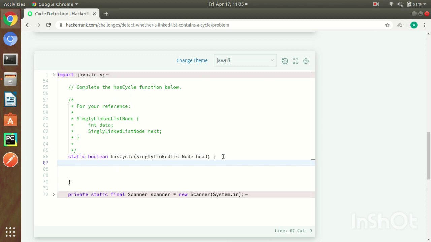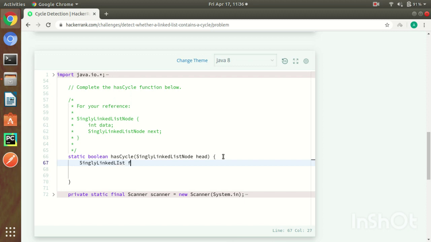Here a function is given and we have to complete it. I'm coding it in Java. It's similar in C or C++, based on the pointers. All you need to start with: the structure of the node is given, which contains a data and a node link next.